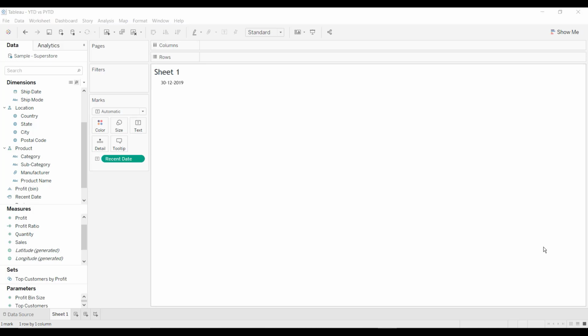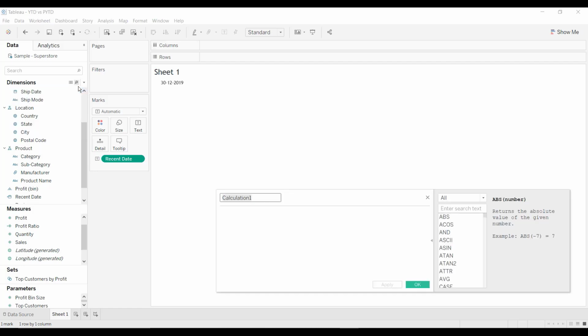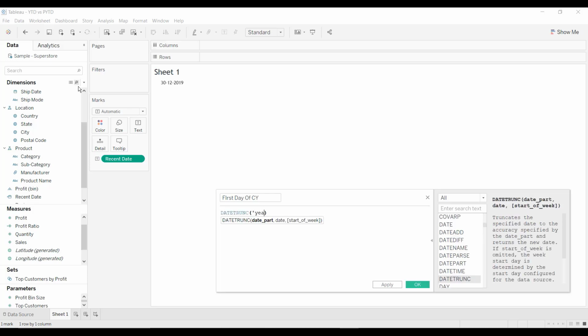Now, in order to calculate the year till date value, you need the first day of the current year. So let us find the first day of the current year. You need to use the date trunc function. Date trunc, date part would be year, and in date I will be making use of recent date.